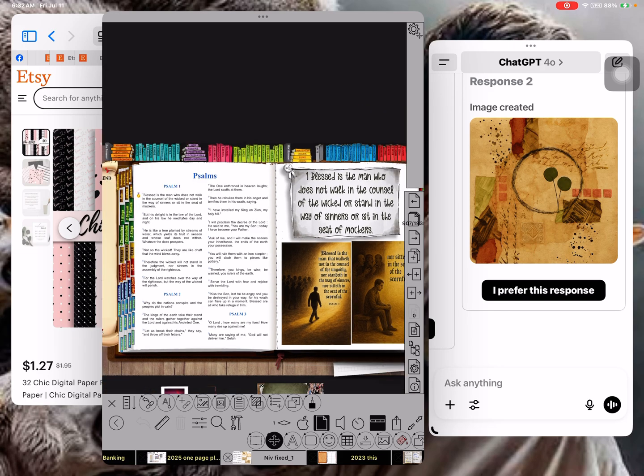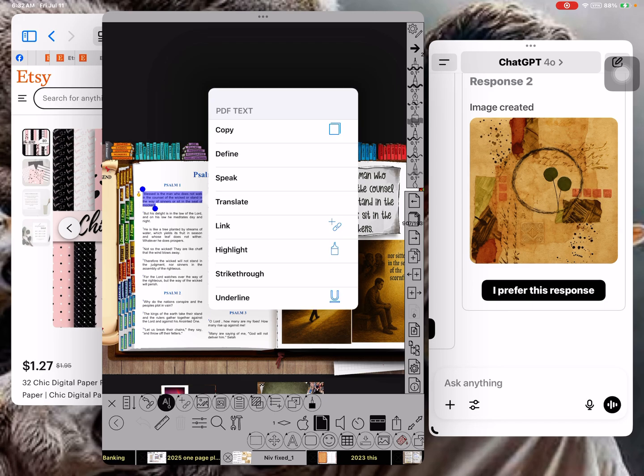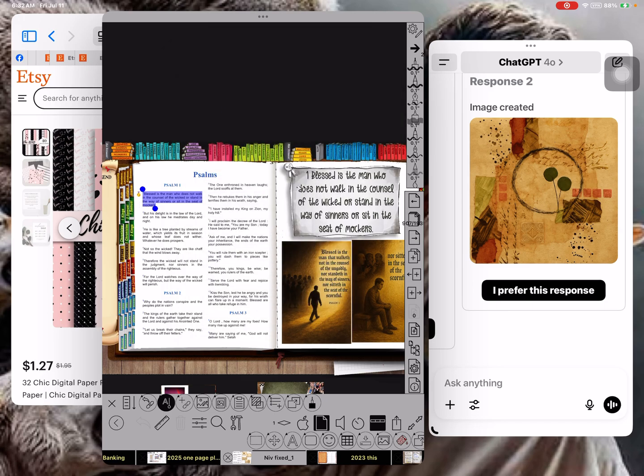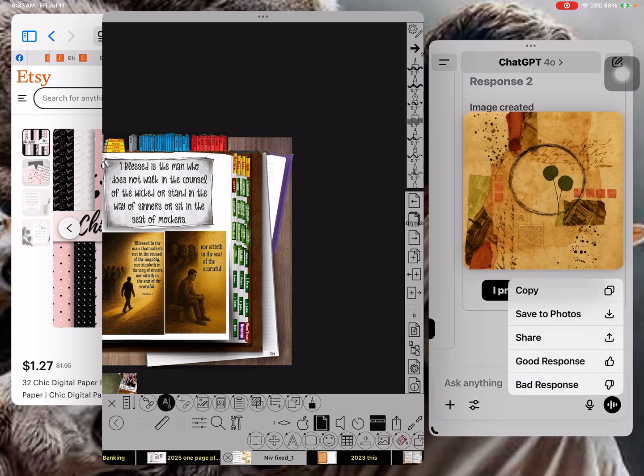See, I actually got it to do an image the other day, but if I were going to do this now, I would go ahead and click on the A with the I beam and select it. Well, y'all have this trouble? Okay. And do copy. And now I'm going to drag this over,